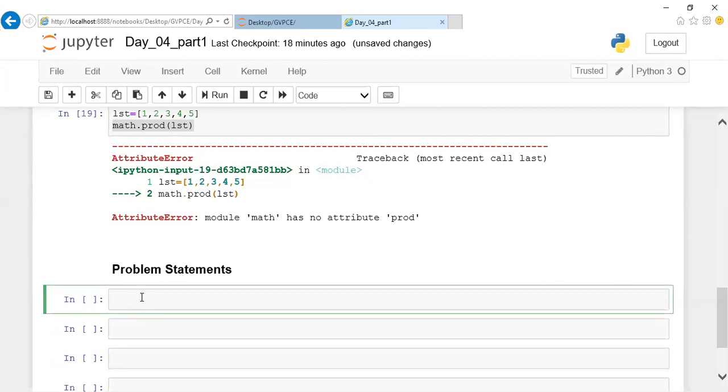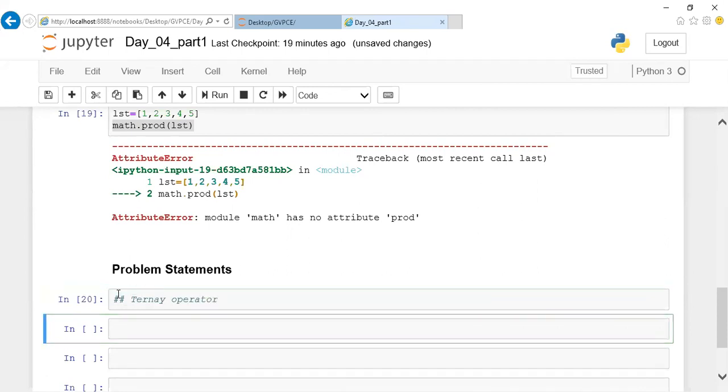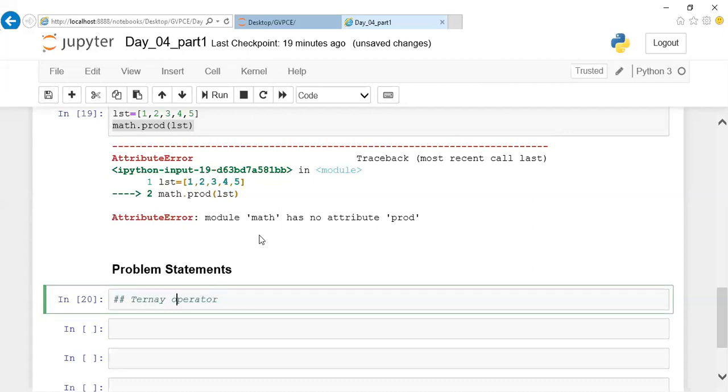So I guess everyone knows about this if condition. We have seen this if condition, if else, nested if else, all those things, right? So before going to the next one, I'll tell you that we do have this ternary operator. Have you come across this ternary operator in C programming? Ternary operator, what is the use of it?